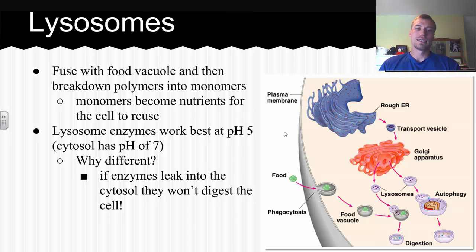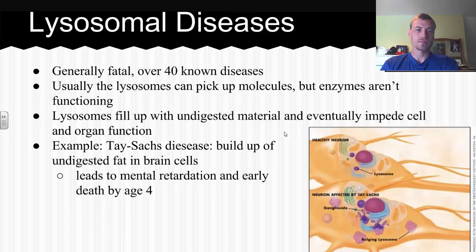new molecules. Lysosome enzymes work best at a pH of 5, where the cytosol of a cell has a pH of 7. Now, it's interesting, the reason for that is that if the enzymes leak into the cytosol, they're not going to digest the cell itself. If a few get out, they're not going to be able to work because they're going to denature, and then they won't be able to function. That goes back to when we were talking about why we have organelles: the double membranes producing a specific area that has different